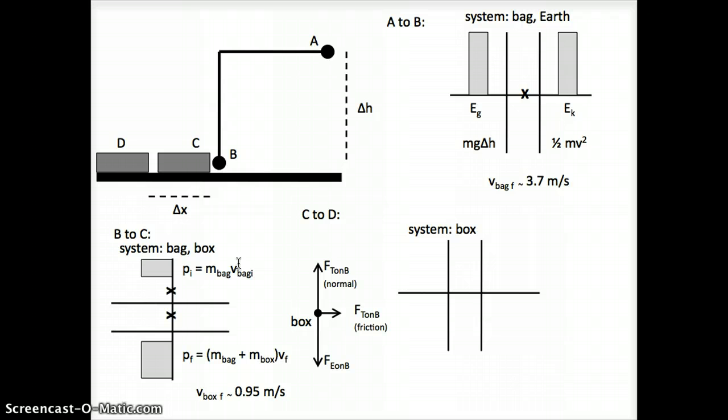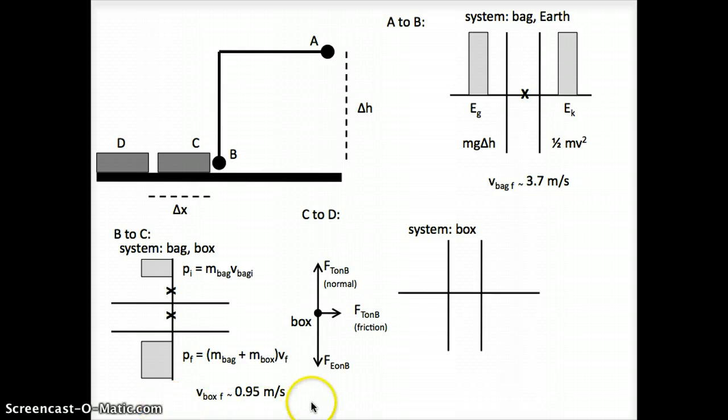However, I need to define my system carefully again so that I can use the fact that the table is doing work on the box. If I define my system to include the box and the table, then the table can't do work on that system, so I can't use the fact that work is equal to the force exerted by the table in this case times the displacement. Again, the energy before the box starts to slow down is the kinetic